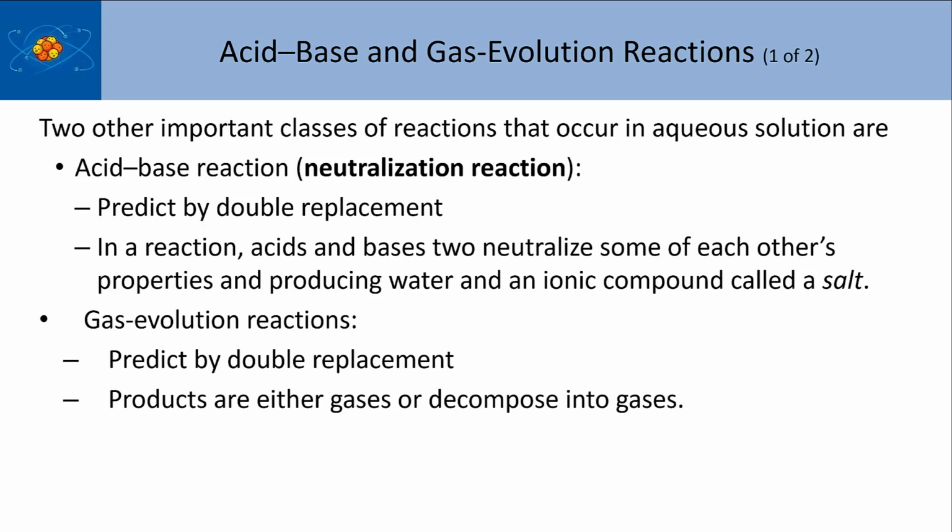So we've talked about precipitation reactions, and those are reactions which occur by double replacement. We have two ionic compounds. Those two ionic compounds exchange cations or exchange anions. Either way, it's the same result. And then what you end up with is two more ionic compounds. Now, in this same group of reactions, we have what are called acid-base reactions and gas evolution reactions, and these